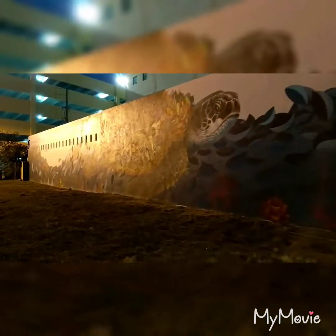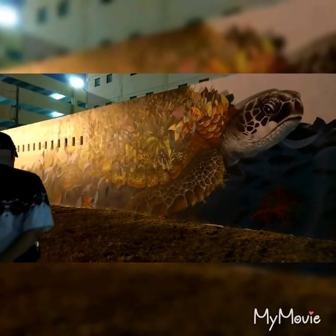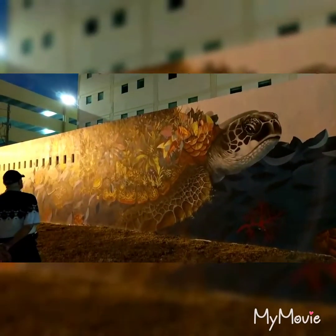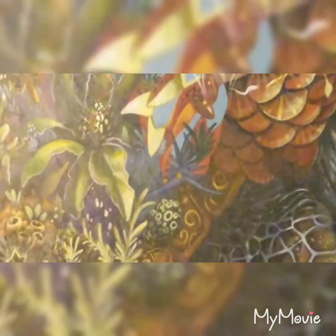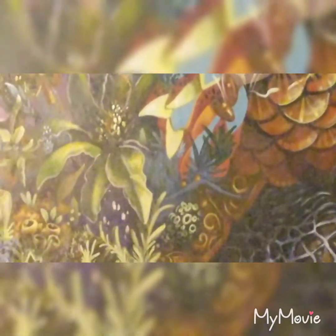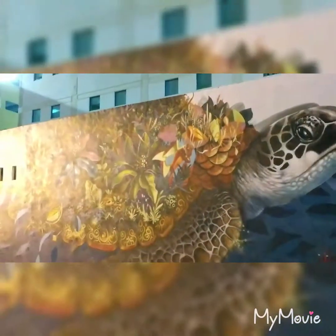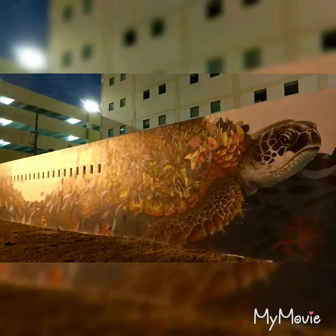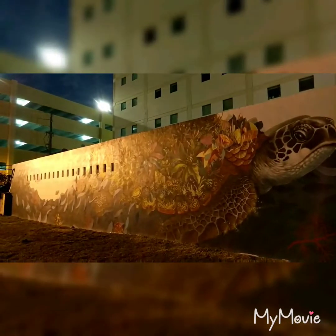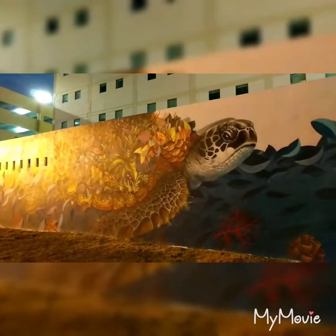And this one is done in latex acrylic house paint and spray paint, and Ernesto is from Miami, and he's painted all around the world. Most recently, he did a 7-story building in the Ukraine, and he's in Greece right now, doing a project in a refugee camp, which is super cool. So he's an awesome, humble dude, and this is a very vibrant, colorful mural, but unfortunately, the light's a little bit weird. So if you'll just flip around and look at that mural behind us,